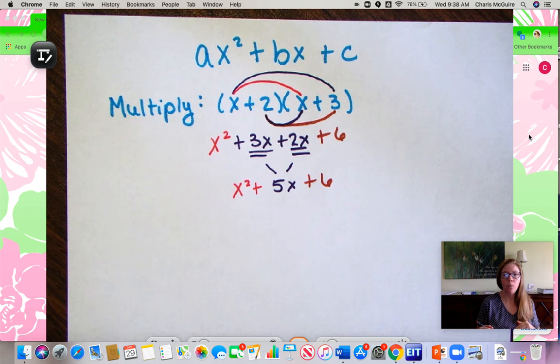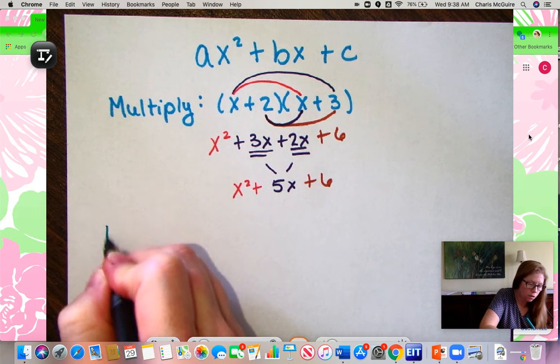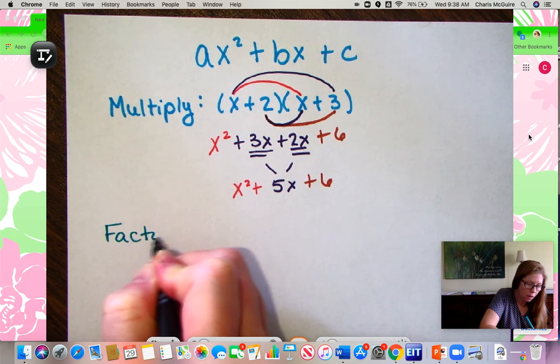And it's going to help you move forward and be faster in the future, which will be really super beneficial as you move into Algebra 2. So let's just look at this one, x squared plus 5x plus 6. If I were given this problem to factor, I want to show you what I would do in the process moving forward. So if I asked you to factor this trinomial,